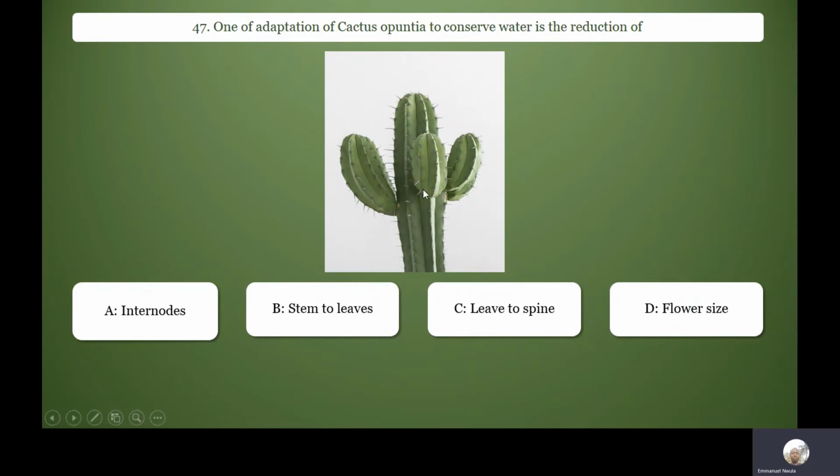So the fact that they don't have leaves, or that their leaves are modified to spines, helps them to reduce water loss. And when you look at them, you can see that the stem is fleshy, so they store water in their stem, and the stem is greenish as well, so they use the stem to carry out photosynthesis. Since they don't have leaves, they use the stem to carry out photosynthesis, because the stem has chloroplast, is greenish.